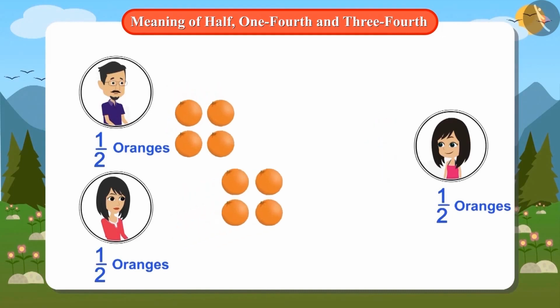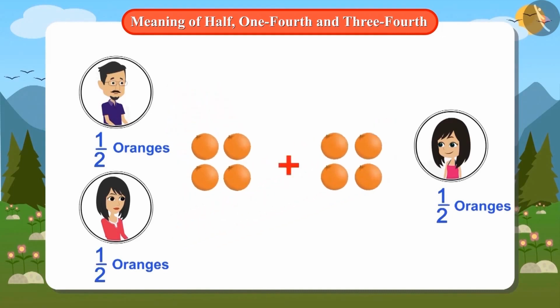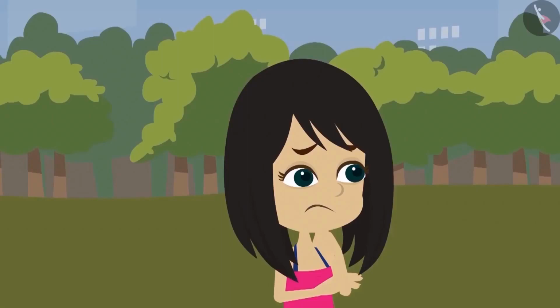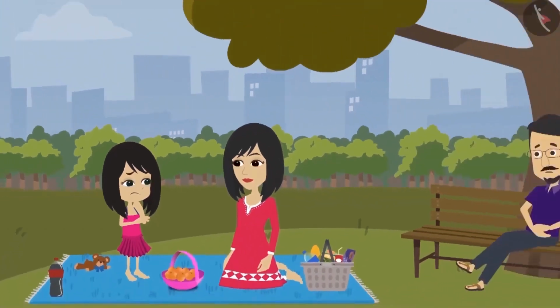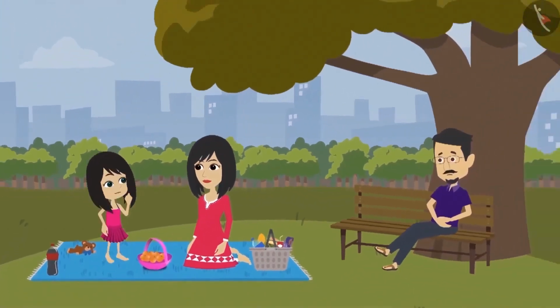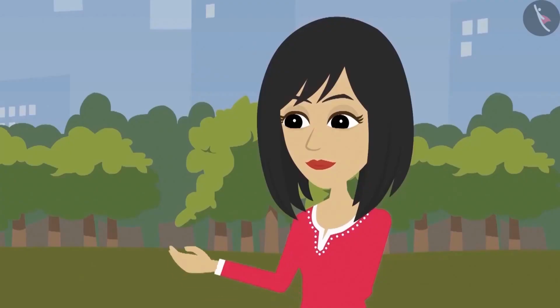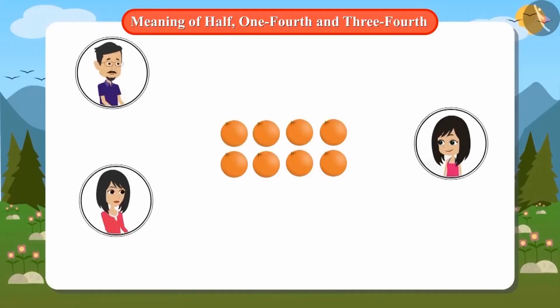Why did this happen? Adding half the number of oranges twice gives you the full number. So any shape or object can have at most 2 halves, so they can be divided between at the most 2 people. But Neha's problem has not been solved. How should these oranges be divided? Neha asks her mother. Mummy tells Neha that out of these oranges, she will give half of the oranges to Papa, keep 1/4 of the oranges with herself, and give the remaining oranges to Neha.